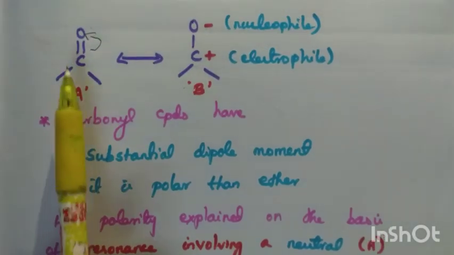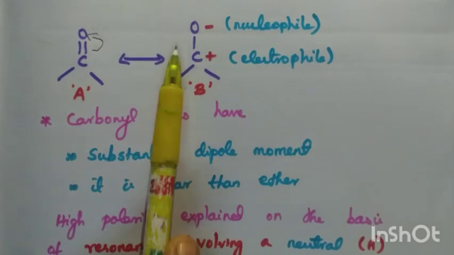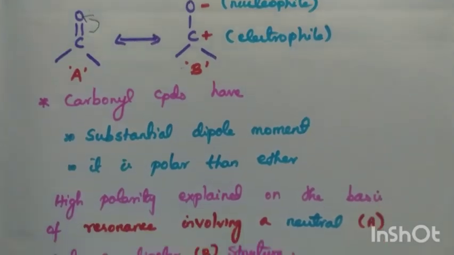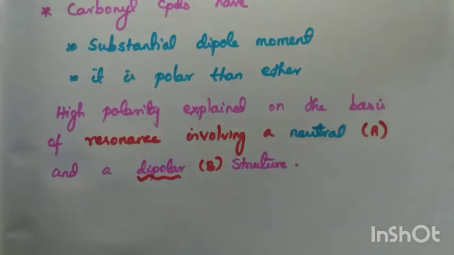In A, is there any plus or minus sign? No, it is a neutral compound. In B, it is polarized, a dipole, with plus and minus. So these are the structures of carbonyl, whether aldehyde or ketone. Commonly we explain this carbonyl group